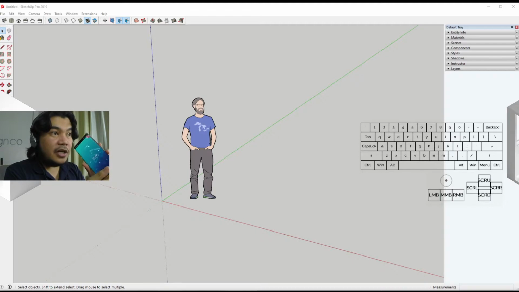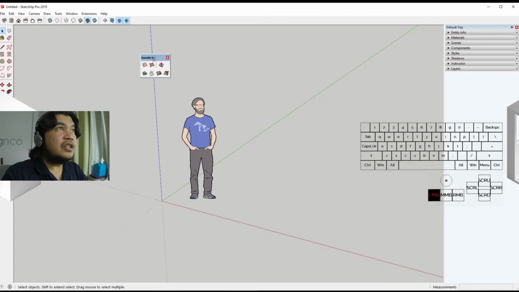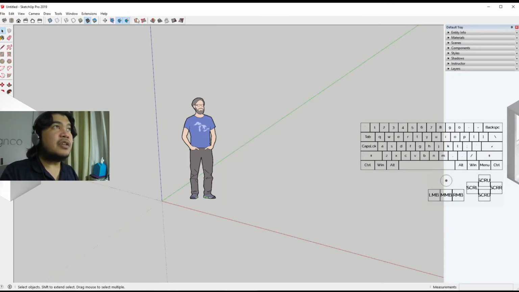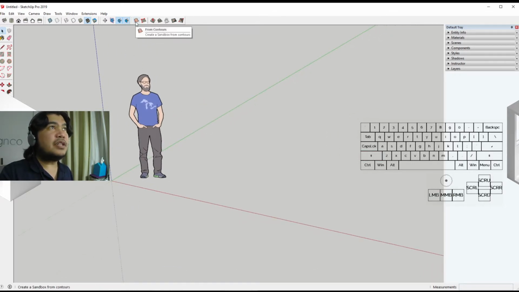Let's start here. Okay, so if you don't have the sandbox tools, I have it here. I pulled it up by right clicking on any space of the toolbar, and you can just find it there. Here it is, sandbox. And it has expanded over the years, and the first ones are the more obvious solutions, which is basically this first one requires that you already have